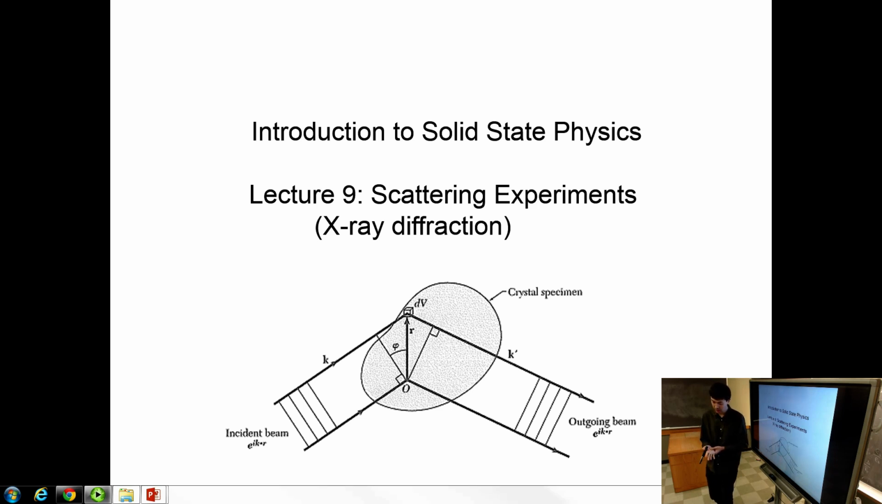So these experiments are extremely useful, especially for figuring out the crystal structures of crystals and even more complex things like biological molecules. Maybe you are all familiar with the example of the DNA. The structure of the DNA, the double helix, was figured out from an X-ray diffraction experiment by Rosalind Franklin and